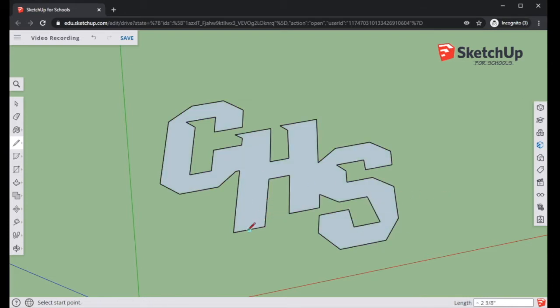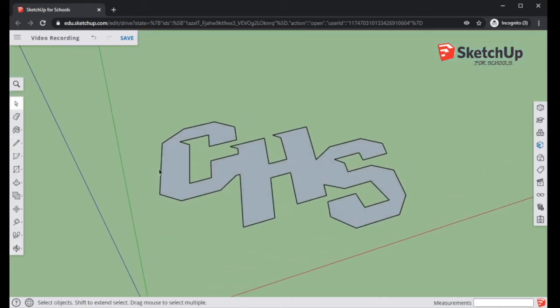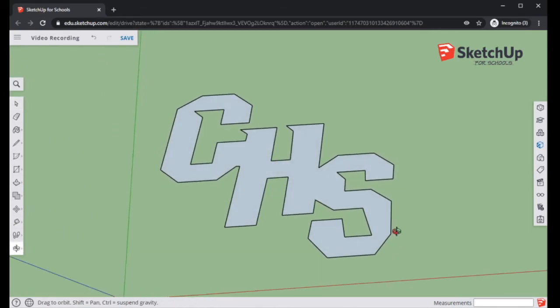There we go. So now that we have that, as you can see, there's our logo. Once you have everything on the same plane, it fills in everything for you, which is pretty cool. Now the next thing we're going to do is